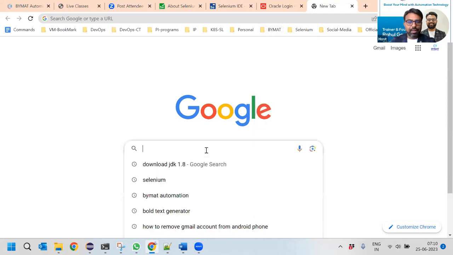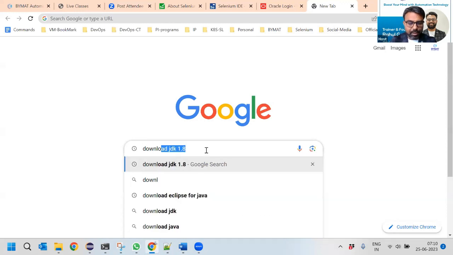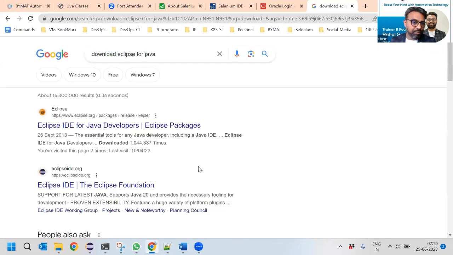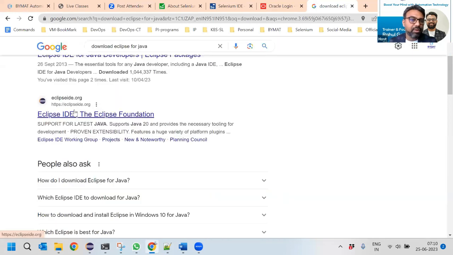Okay, let it be. So if I go here and say download Eclipse, you can see here download Eclipse for Java. Eclipse is provided by eclipse.org. This is the official URL of it. So go there